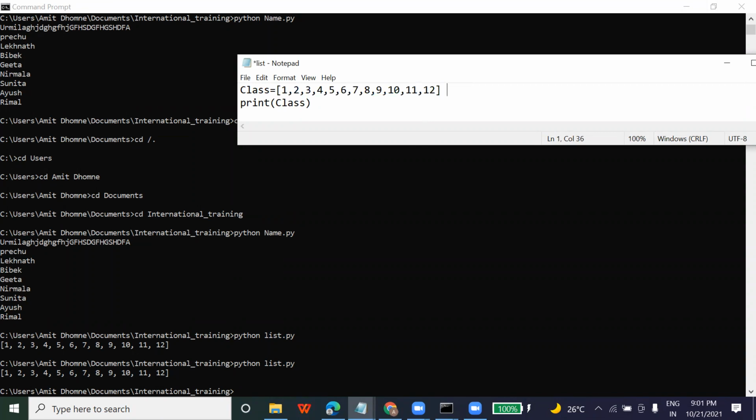And how to add a comment? Comment means additional information that you want to add. Comment means, just like based on your progress, I'm giving you a comment, right? For example, okay, Leknath is going good, Urmila, Gita, Viveka, they are performing well. Like suppose Pracha, Nirmala, Sunita, they are also doing well. So I'm just giving a comment, right? Means additional information. So you can add those additional information in the code as well.